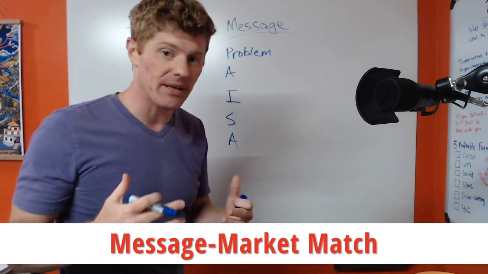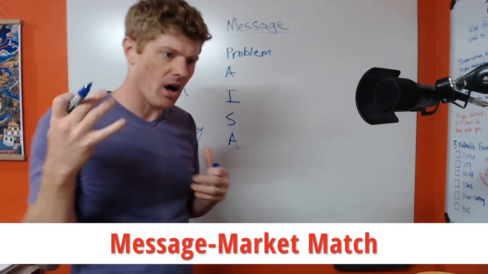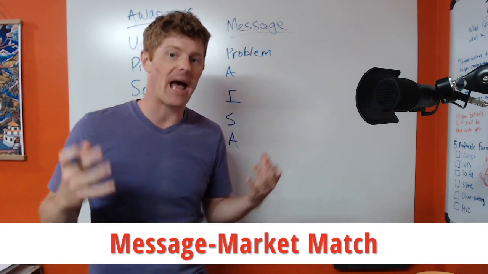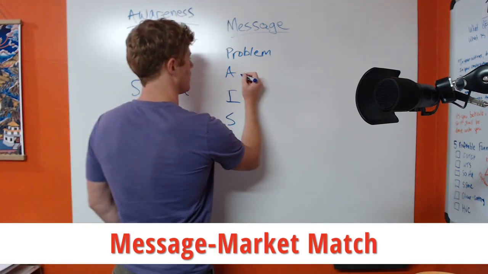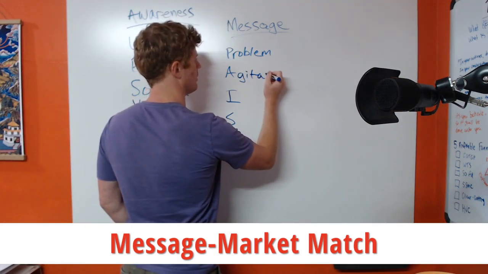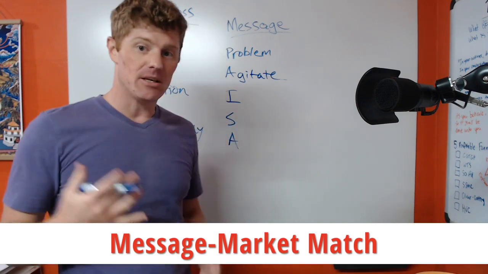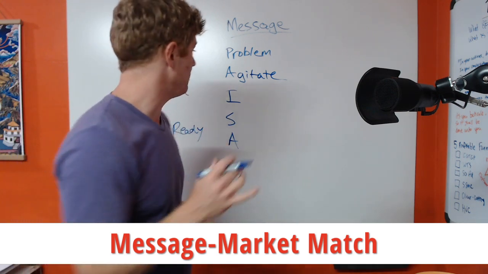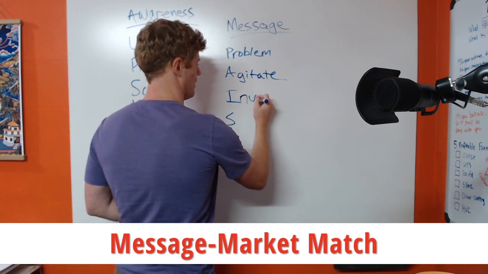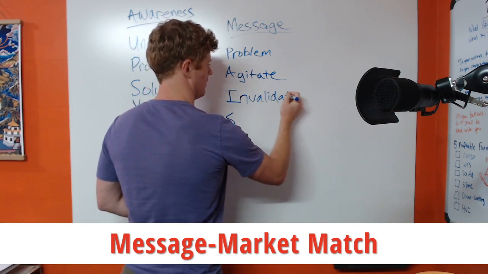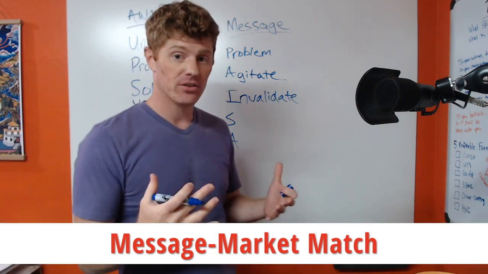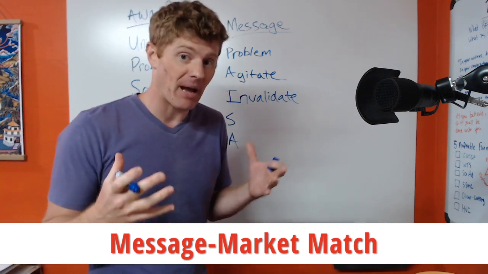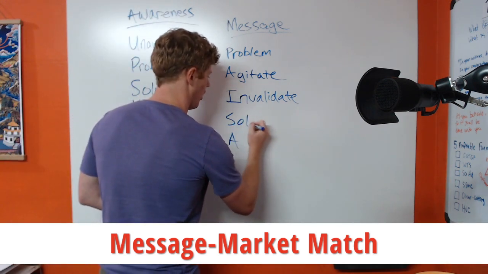We help the prospect define the problem that they have, the unfulfilled need, the unfulfilled desire. We speak to that in their awareness, and we bring out the definition of the problem in their awareness. And then we agitate the emotional experience of that problem. We agitate the emotional experience of the problem. Then we invalidate other solutions. We invalidate other potential solutions that they may be looking at, which is going to set up buying criteria to support our solution,